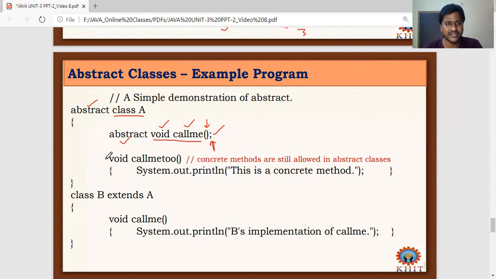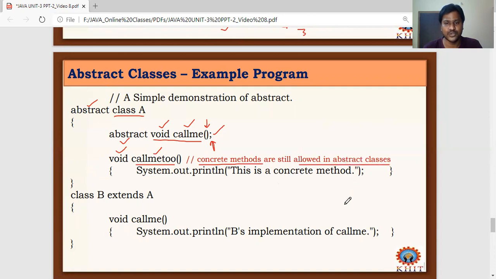And coming to another method in this abstract class, callmetoo is the name of the method. If you see here, this is not an abstract method; it is a general public method, or as we call it, a concrete method, which is still allowed in abstract classes.